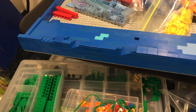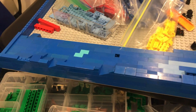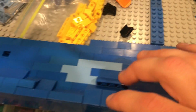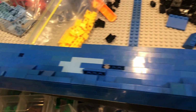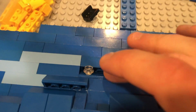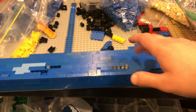So I also kind of threw in some of these different colors because I don't know, I think it looks okay. I'm not really sure. I have some of these slopes and things, and that's what is on here. So this is all brick, and then slopes are coming off here to get kind of like a wave shape almost. I thought it looks okay. And then we have some slopes that are kind of poking out like this. And I decided to put some trans clear here. And what I want to do is put a whole bunch of trans clear studs,